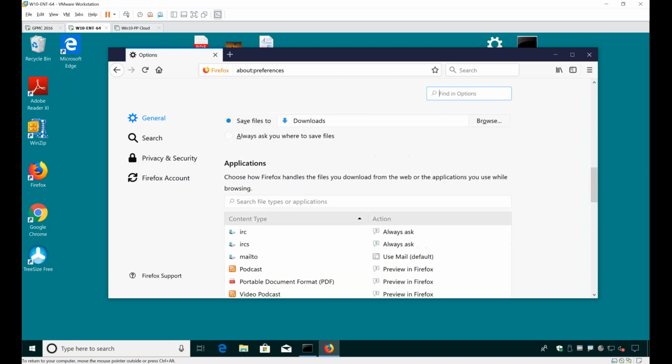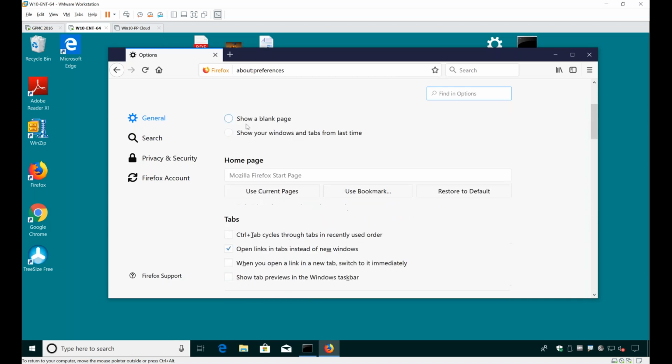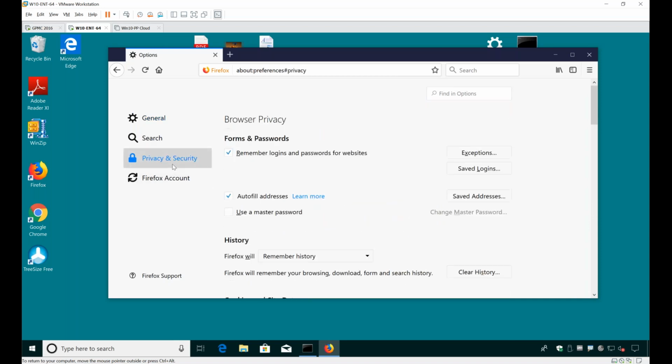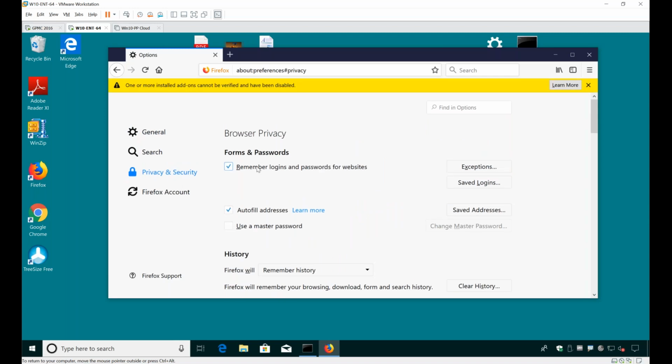We also might want to set things like the home page, and go to Settings and Security and uncheck remember passwords for logons for websites. Now, some of you may know that Firefox has an ADM template, which is great, but it doesn't do everything. We do everything. And the point is not just the Firefox demo I'm going to do: we've extended PolicyPak to enable over 500 pre-configured apps.